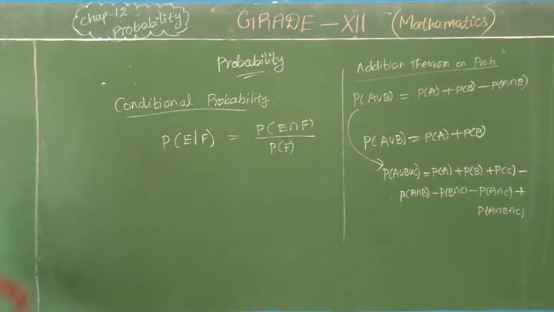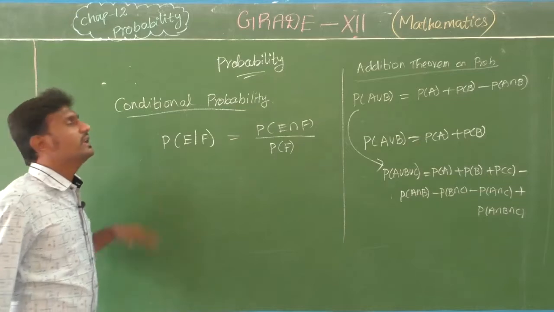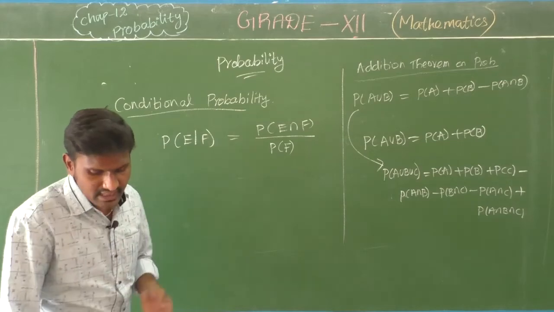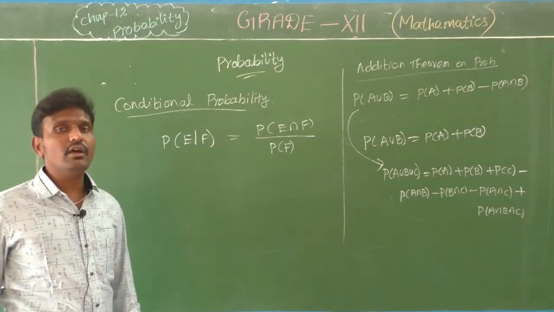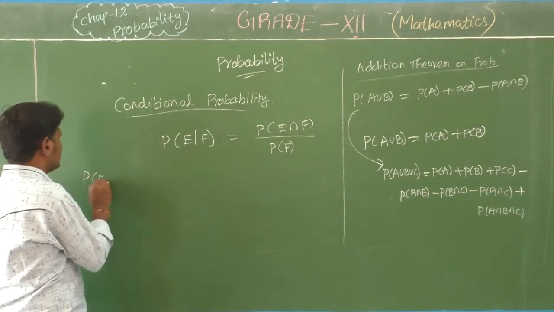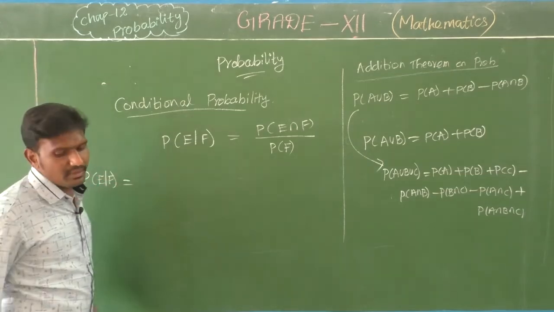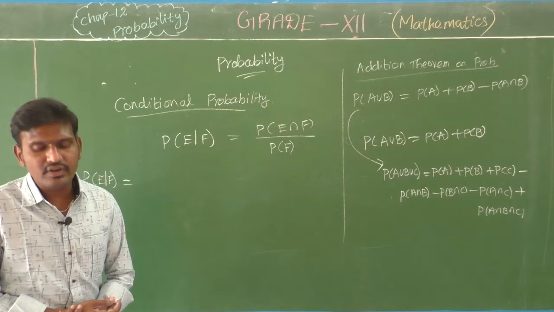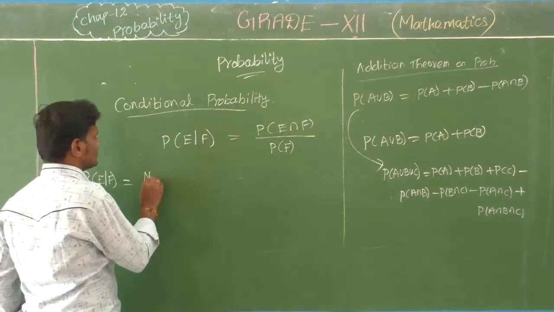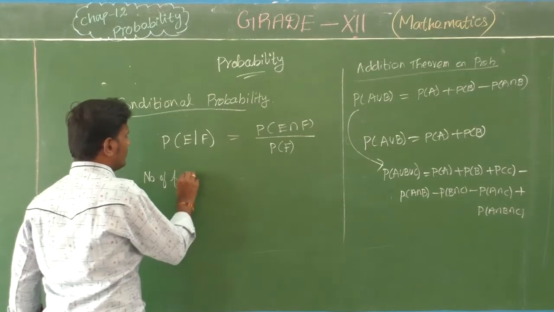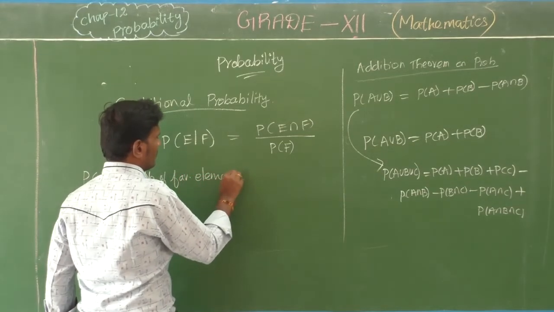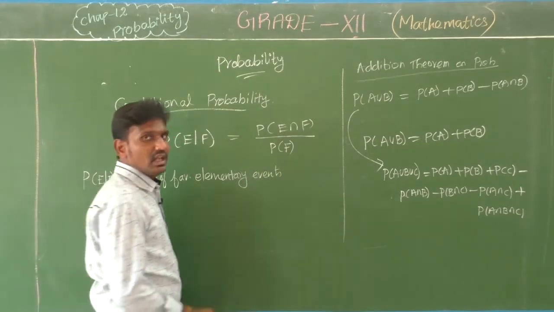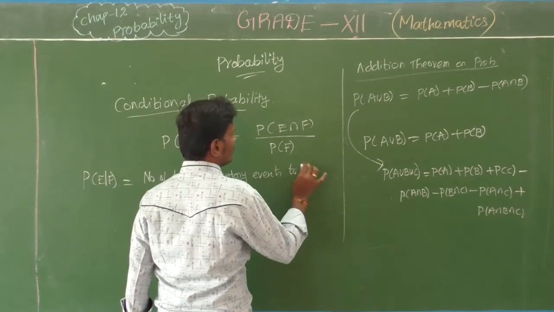Let us come to our topic, conditional probability. P of E by F equals P of E intersection F divided by P of F. The same formula I am going to expand now. P of E by F is the number of favorable elementary events to E intersection F,